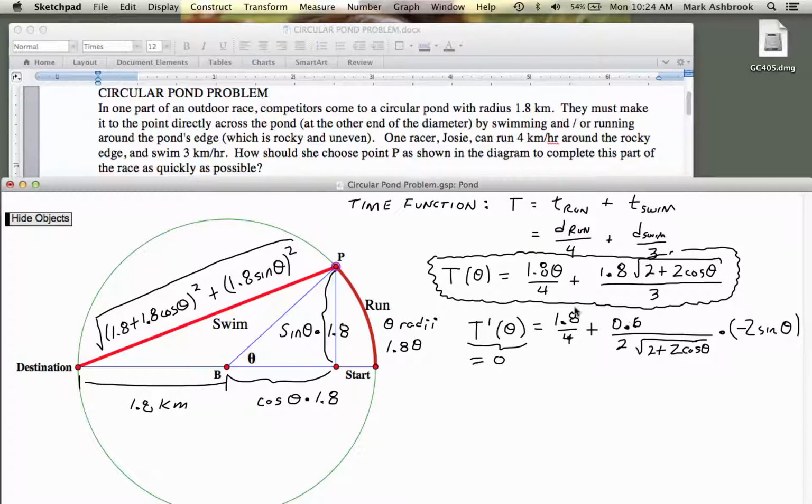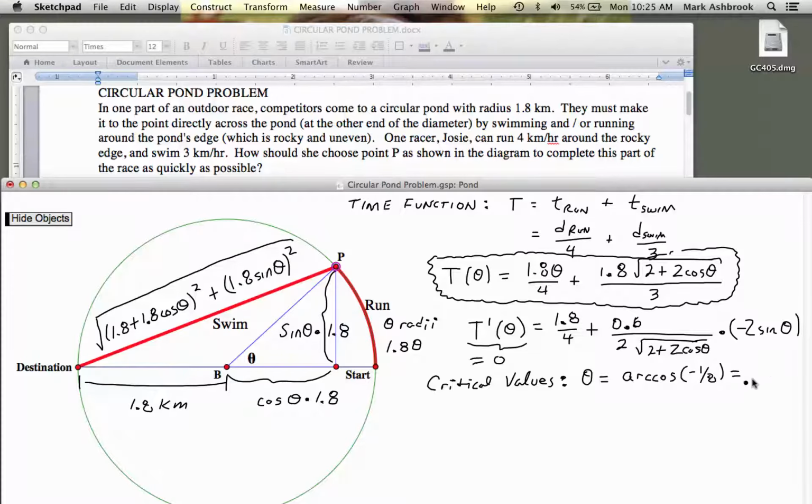So solving this equal to 0 is another kind of long algebraic process. I'll show you at the end of the video. But from that, we get our critical values. I'm just going to write these down and stick to the meat and potatoes of the solution and not get lost in the algebra. So critical values turn out to be theta equals the arc cosine of -1/8,